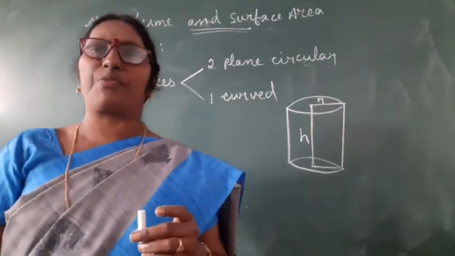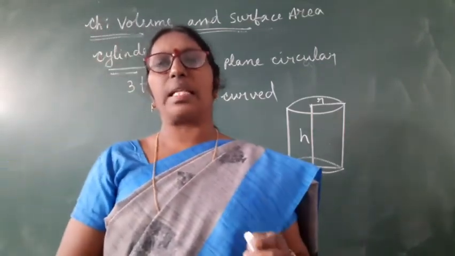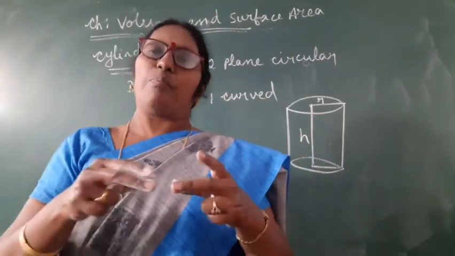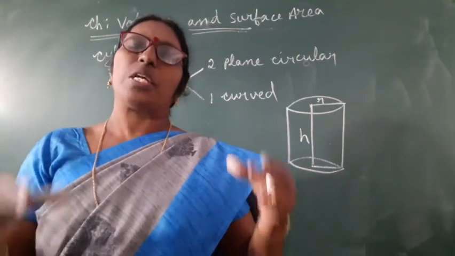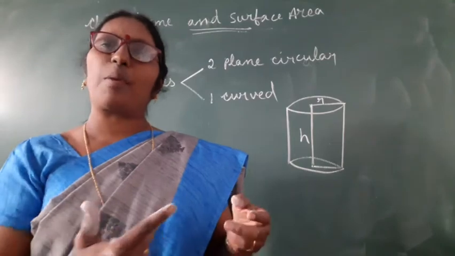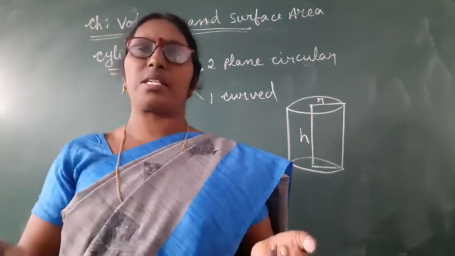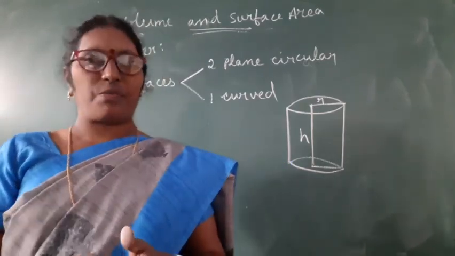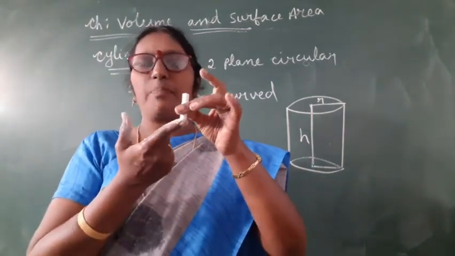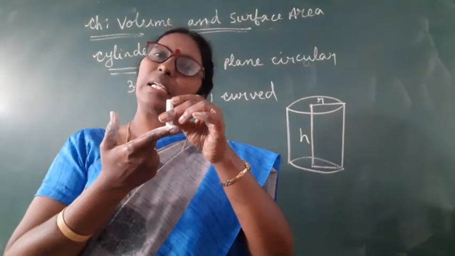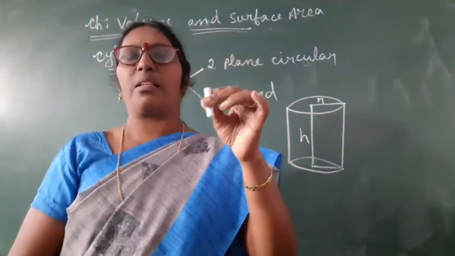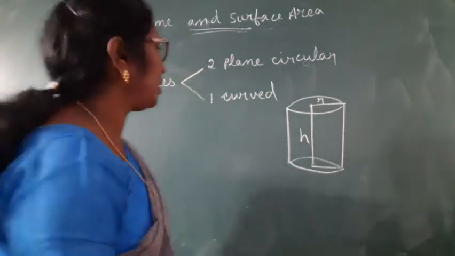Take the example of a cuboid. Already you have learned that the volume of a cuboid is L into B into H. But we know that in a cuboid, the area of the base is length into breadth. So area of the base, length into breadth, into height became the volume. Then in case of a cylinder, the base is a circle, the area of the circle is pi r square, and the height is h. When we do that, we get the volume of a cylinder.